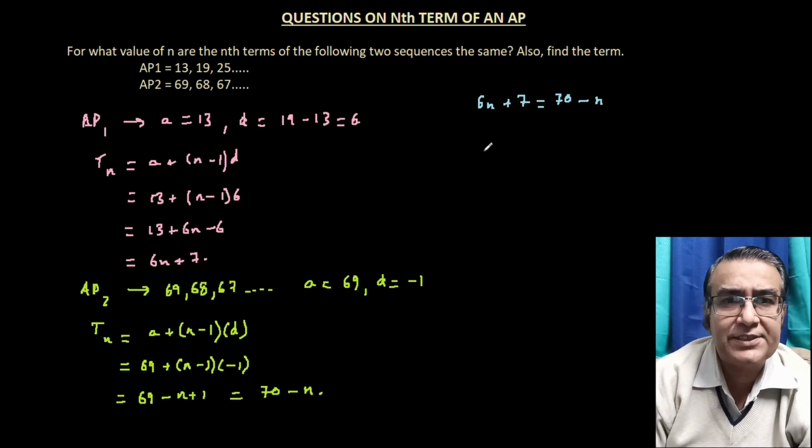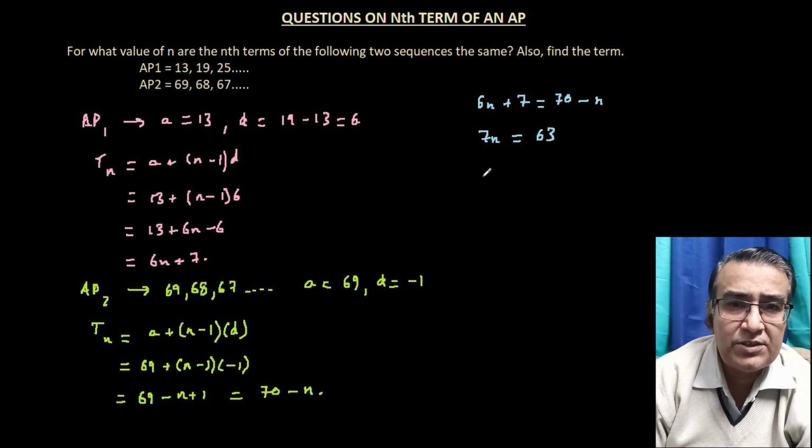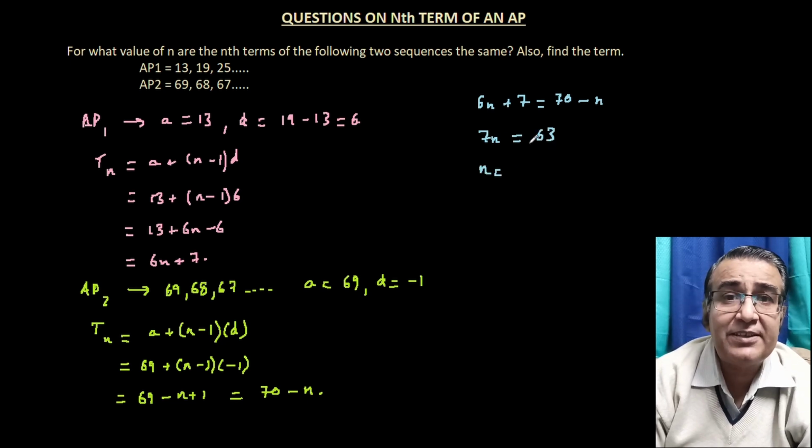Pretty simple. So let's take n to the other side. We get 6n plus n, which makes it 7n, and let's take this 7 to the other side. So that gives us 70 minus 7, which is equal to 63. So if 7n is equal to 63, therefore n is equal to 63 divided by 7, which is equal to